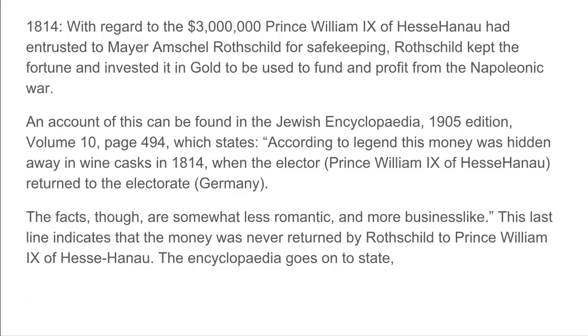it is reported that Nathan Rothschild was given something in the sum of $3 million by Prince William IX of Hesse-Hanau, and obviously he had entrusted him to look after that money and keep it safe for him. But he had actually kept the fortune and invested it in gold to be used to fund and profit the Napoleonic War. And there's an account of this can be found in the Jewish Encyclopaedia 1905 edition, volume 10, and